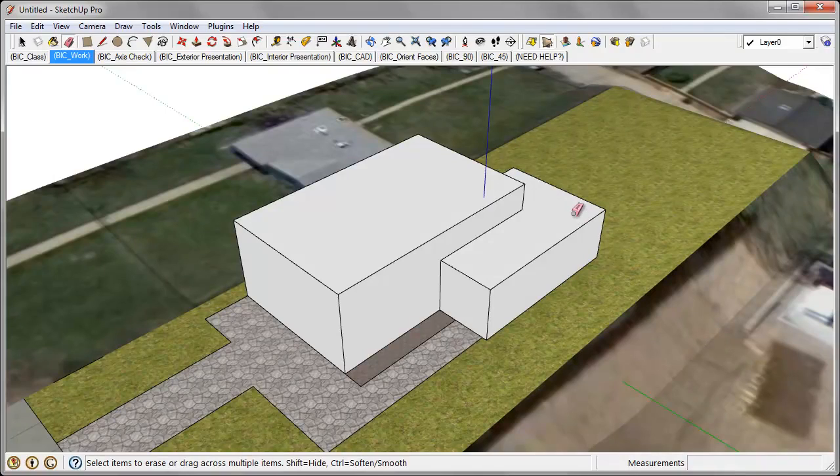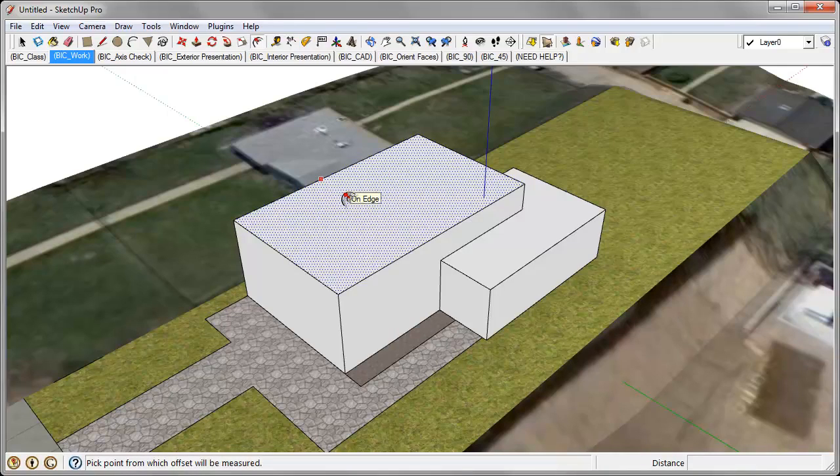Next, we want to add a parapet wall to the top of each of these roofs. So we're going to use our offset tool. For the first offset, we can just click on the offset tool, hover on the surface. It doesn't really matter where we start. You can see that little red square. That indicates our starting point. For this particular offset, it really doesn't matter. I'll click once to start, move my cursor to suggest a direction, let go of the mouse, and type in